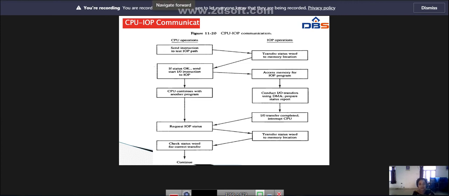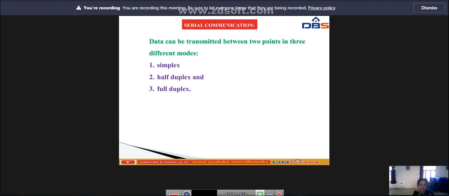Next, coming to serial communication. What is meant by serial communication? In serial communication, each bit in the message is sent in sequence, one at a time. This method requires one pair of conductors, or one conductor and a common ground. The advantage is that it is less expensive since it requires only one pair of conductors, so it is used for long distances. The disadvantage is that serial transmission is slower.